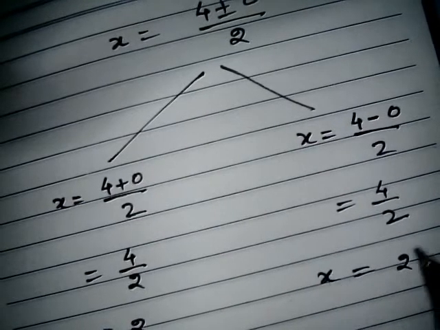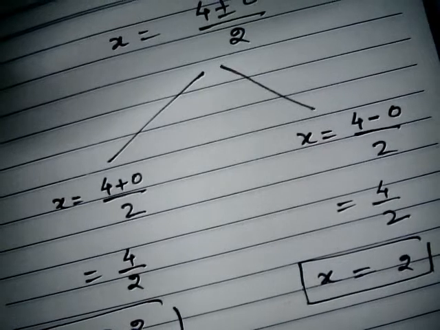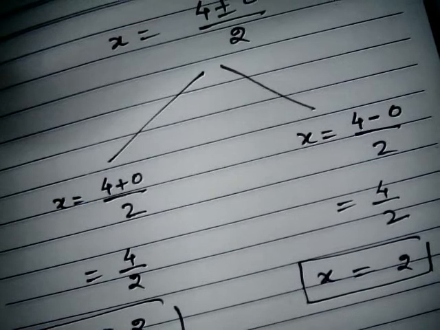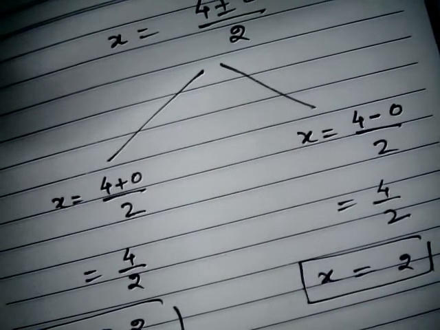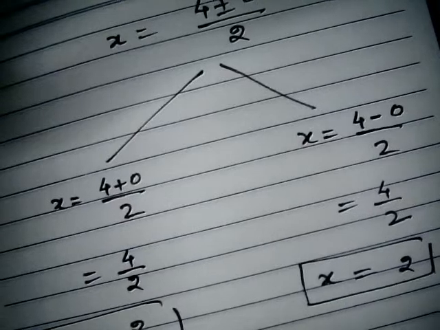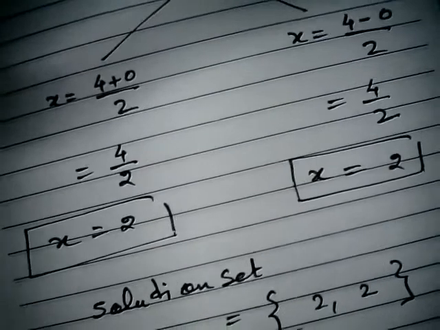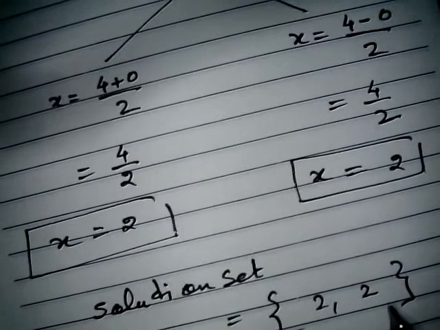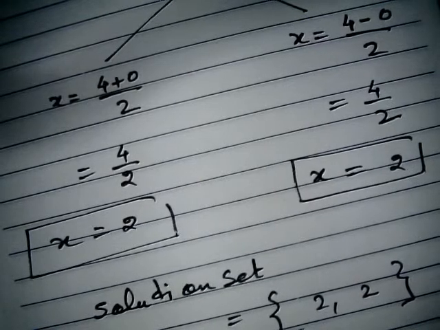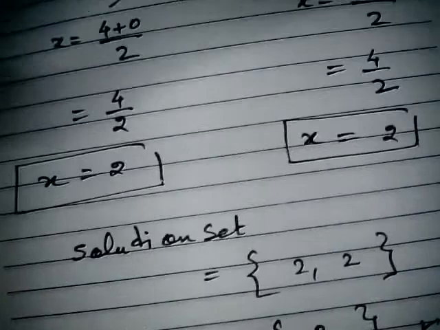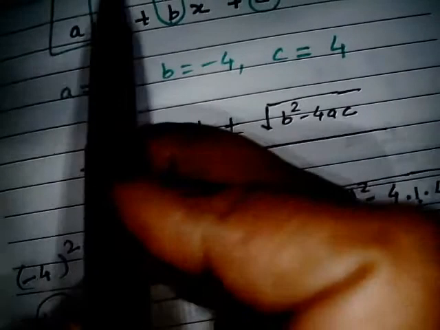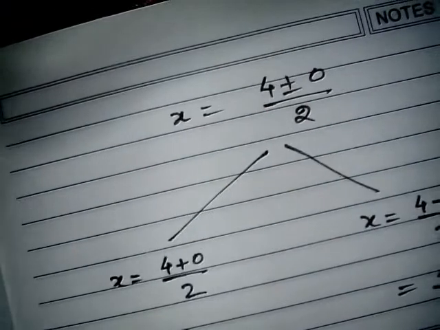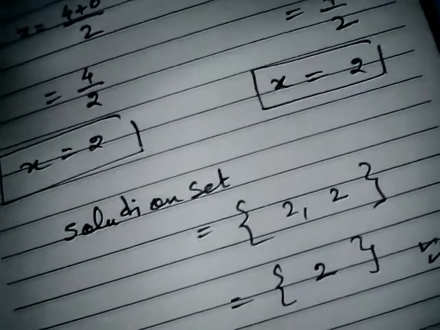So here how will you write the solution set? Solution set x is equal to 2 comma 2. Okay, 2 comma 2, the x value is repeated two times, so I do not need to write it repeated two times. If you are writing it repeated two times, that is also okay. If you are writing it a single time, that is also okay, because here is a quadratic equation. Our equation is a second degree equation, so 2 values of x you will be getting, but over here the answer is 2 same values are coming, x equals 2 and 2. So this is called repeated roots.